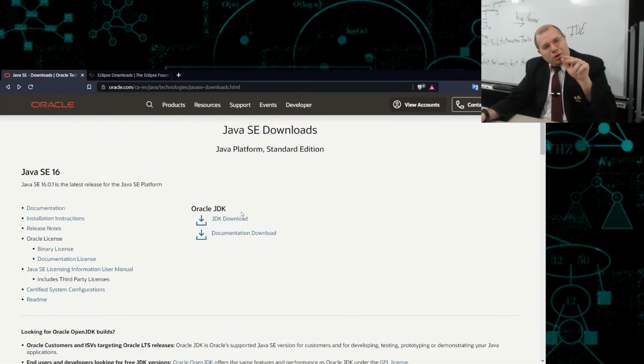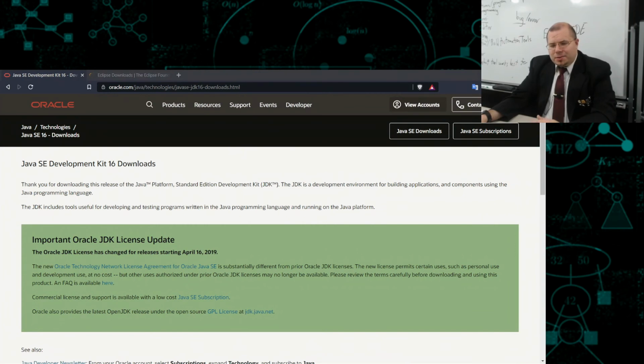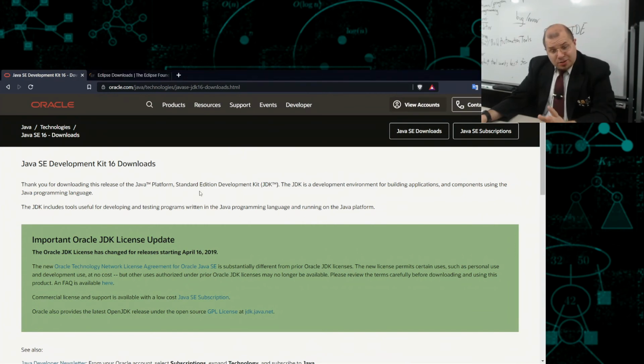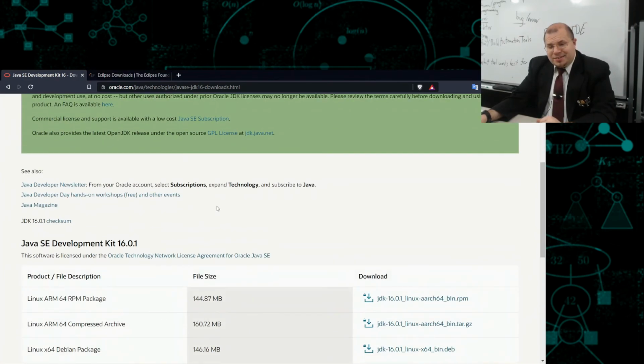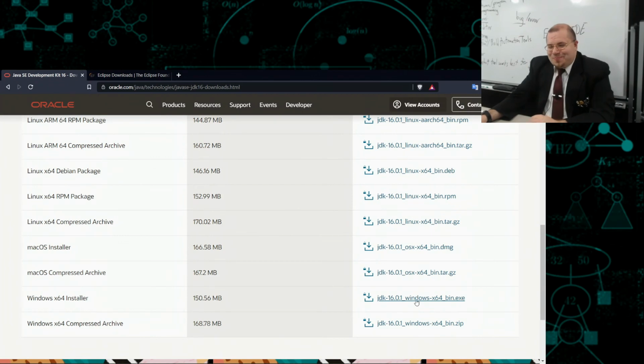This is the so-called Oracle JDK. There's different JDKs out there on the internet. Some are open source. This is one of the official ones. So I'm going to go to JDK download, and just take a look at the licenses, just in case you really just want to get into the nitty-gritty. Sometimes these licenses have certain permissions on them. This one, I'm not aware.